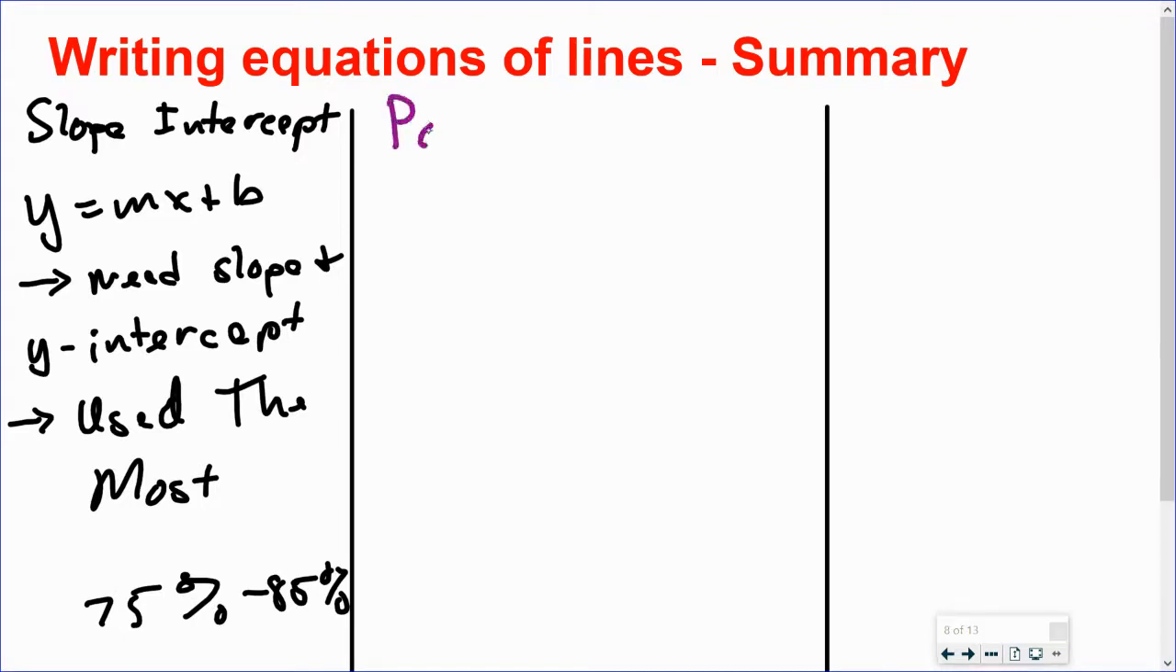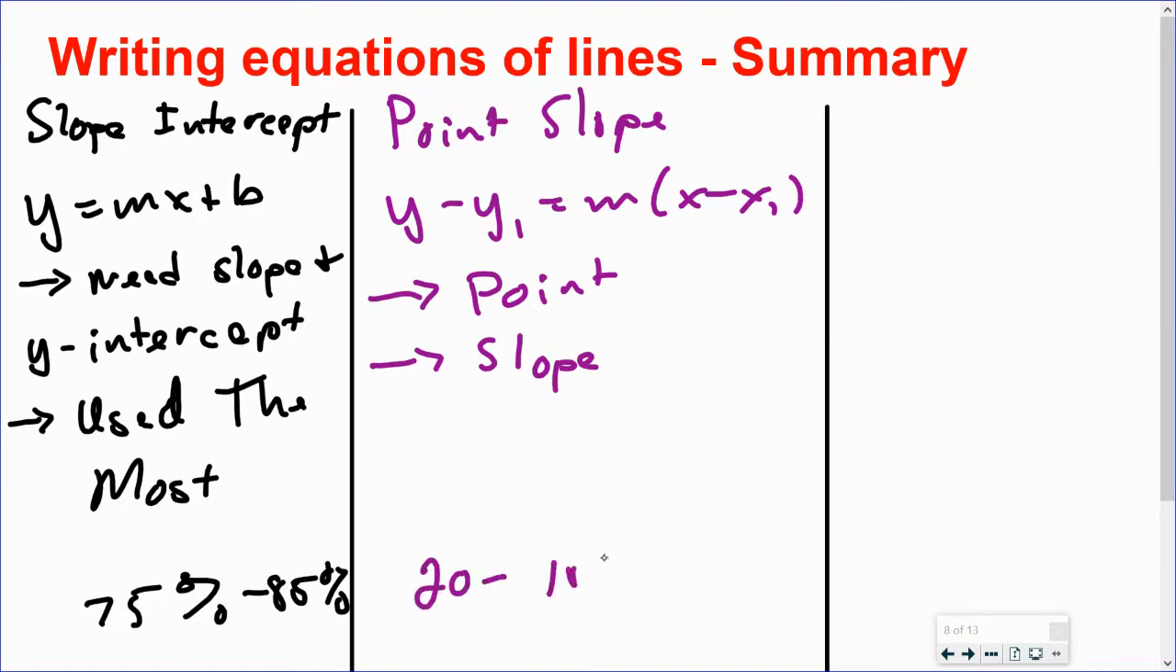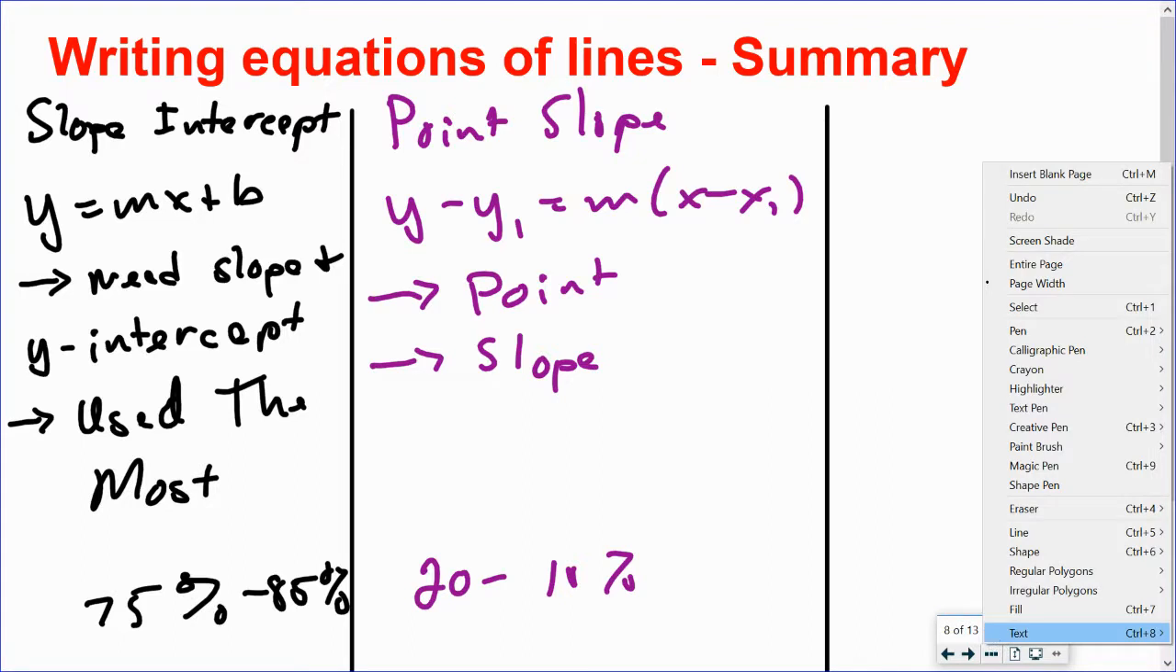Now the next one, and like I said, I put in the battle for this one. I really like this. Point slope form: y minus y1 is equal to m times x minus x1. Okay, works best if you have a point and the slope. Okay, both of them. If you don't know the slope, if you're given 2 points, you gotta find the slope no matter what. Let's say if we're going with 75%, this is probably used 20 to 10% of the time. Okay, well that means that the last one